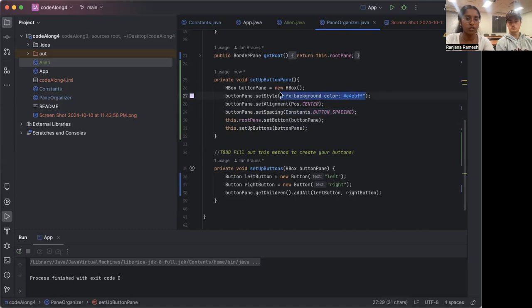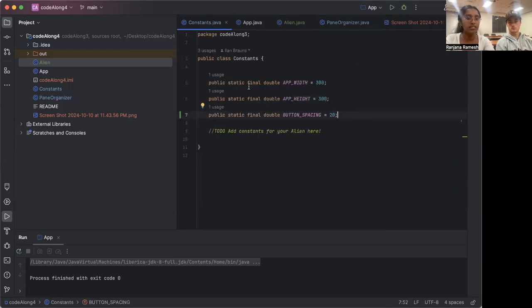So this is another super long string. Why do we have that when we could just have a neat constant that's telling me what to do there? Another thing is in your constants class, you should always have comments talking about what each block of constants is doing. So all the constants down here are going to be for our alien, but I'm going to add another constant here,